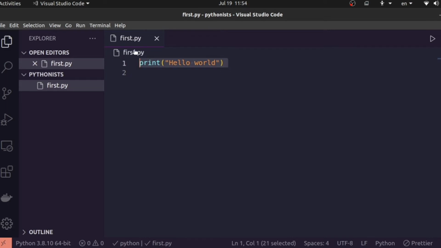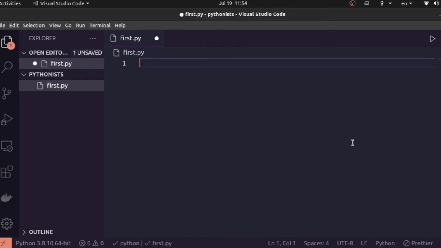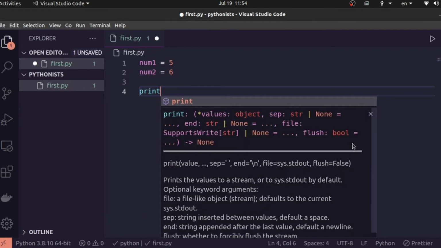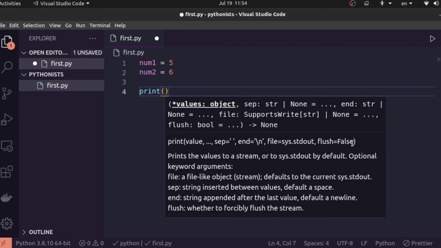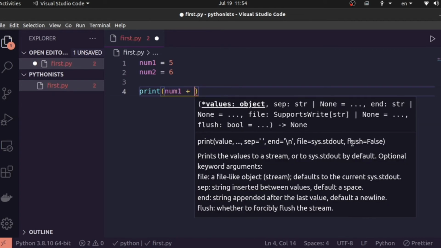Now say that you want to make a simple calculator that takes two operands, just two numbers, and then prints the summation. For that you just take num1 as a variable, then assign it the required value, then num2, assign it another number, then just print it. So you can see num1 plus num2,